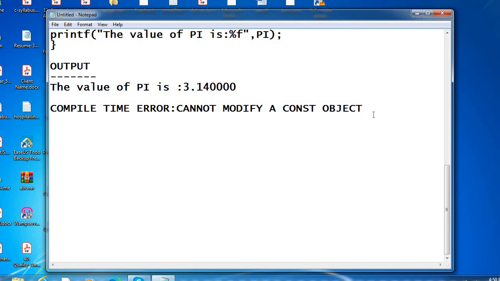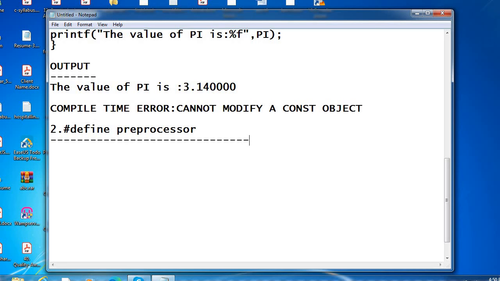The second one is the hash define preprocessor. What is this?